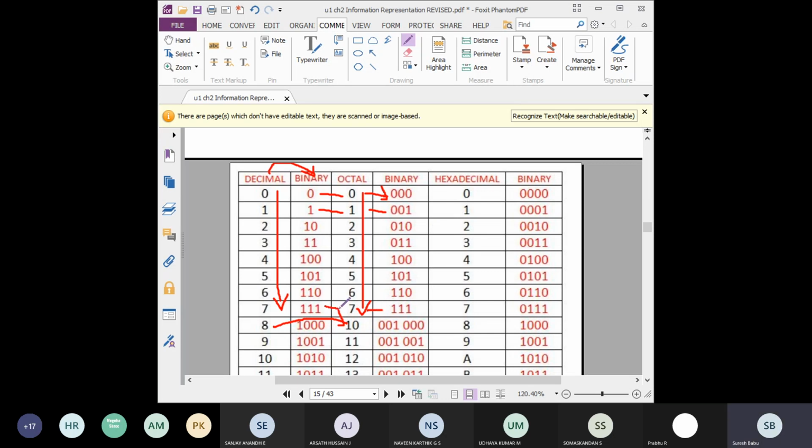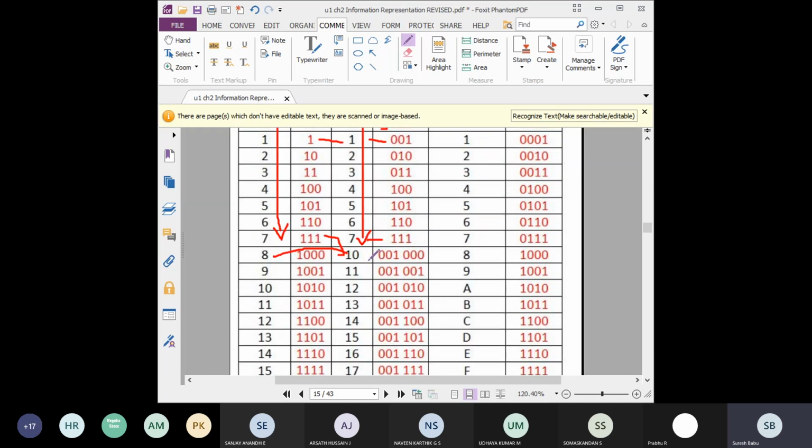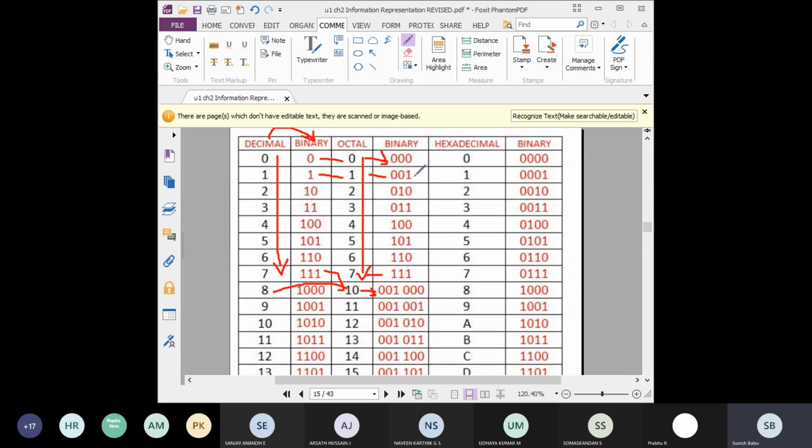So you have to memorize this tabular column. And for a 2-digit number, that is 10, you have to give each digit's value. That 1 is equivalent to 001, you have to give it like this, and 0 is equivalent to this number. So add all the numbers and make it 3 digits each. Okay, students understood?